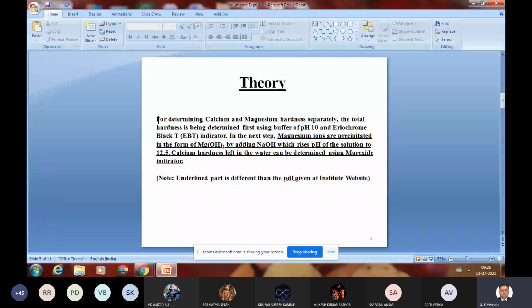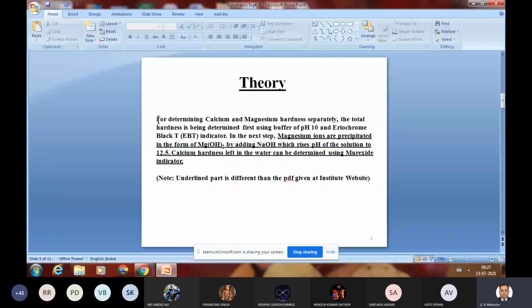Complexometric titration is a form of volumetric analysis where the titration proceeds with the formation of a soluble undissociated stoichiometric complex at the equivalence point. The complexes are formed by the reaction of a metal ion, usually a cation, with an anion or neutral molecule. The metal ion in the complex is called the central metal atom, and the donor atoms, molecules or anions that donate a pair of electrons to the central metal atom are called the ligands.